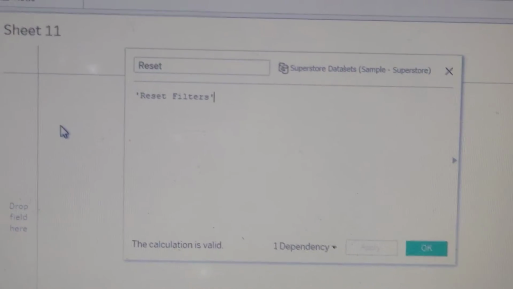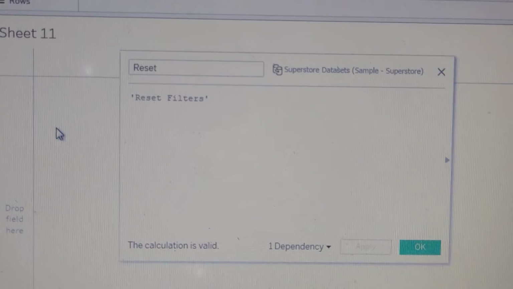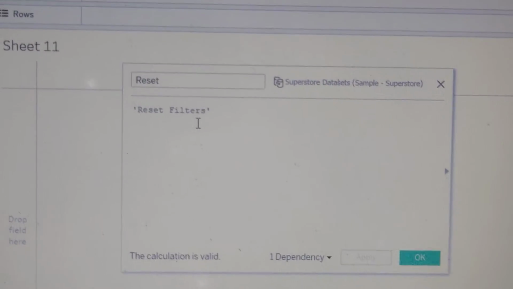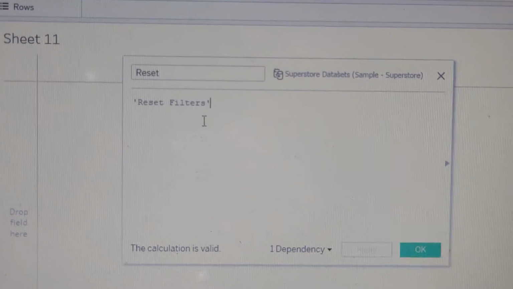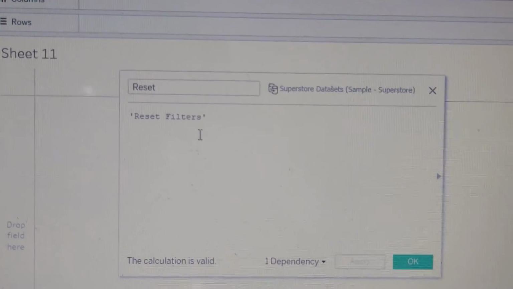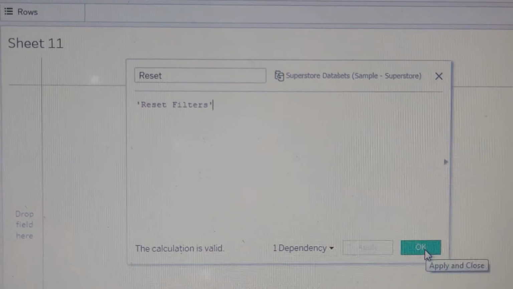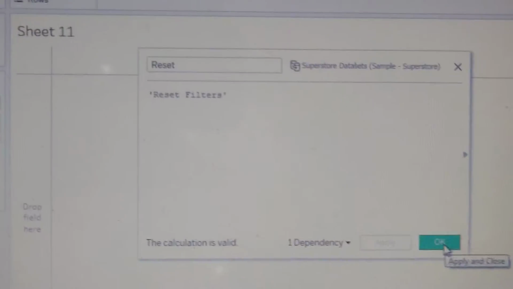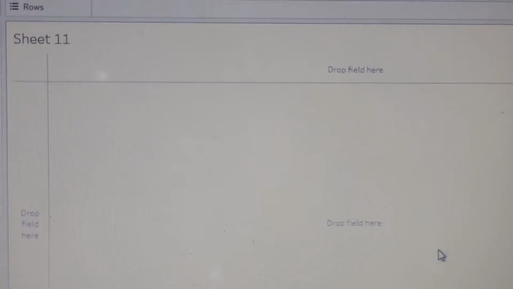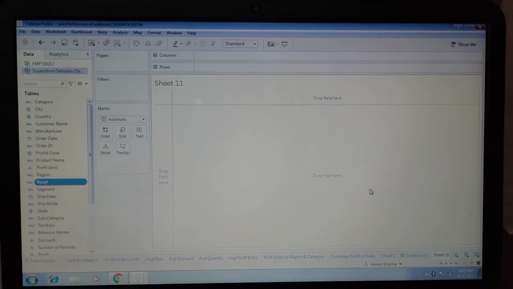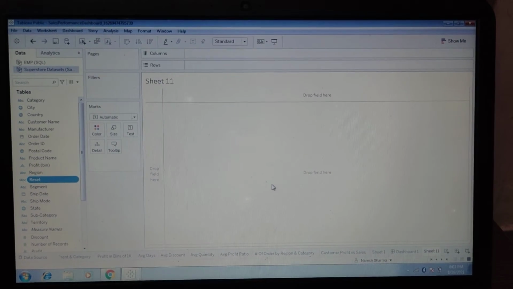We have created the calculated field reset, and just write the script reset filters in single quotes. Once we have created it, we click on the OK button, and it is created in our dimensions here.